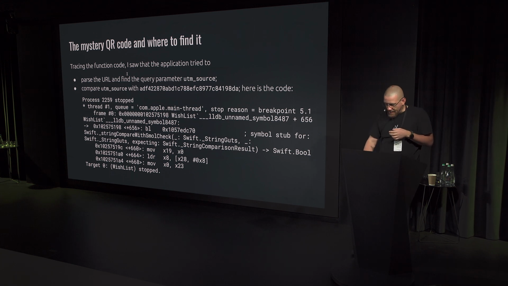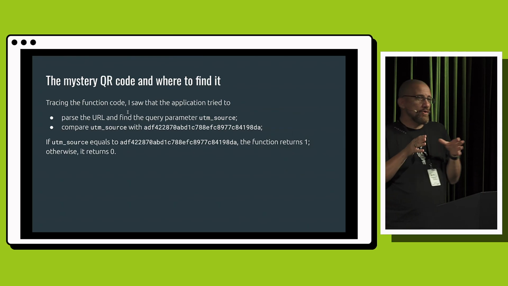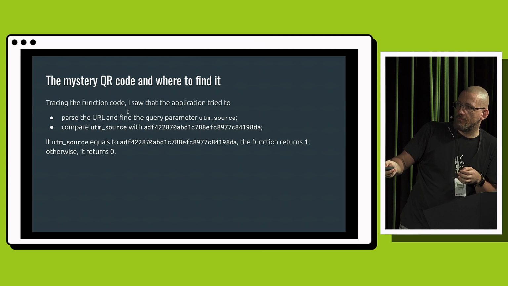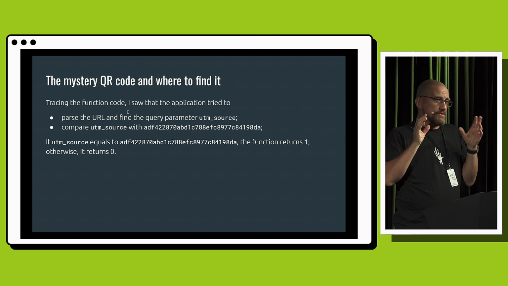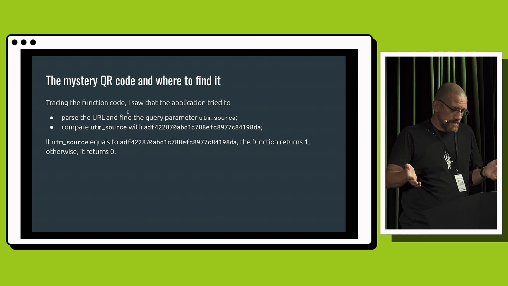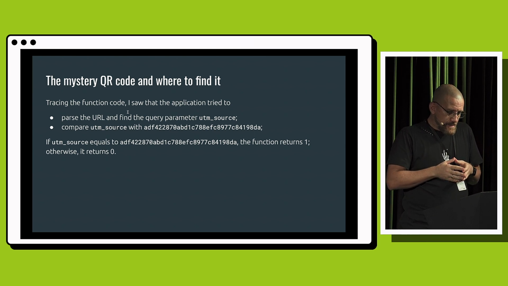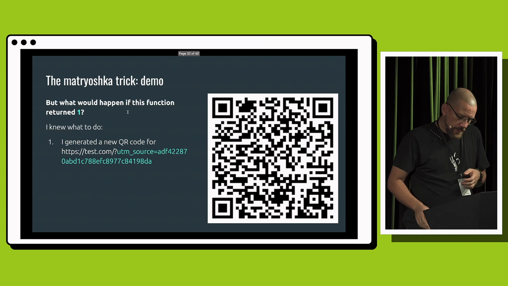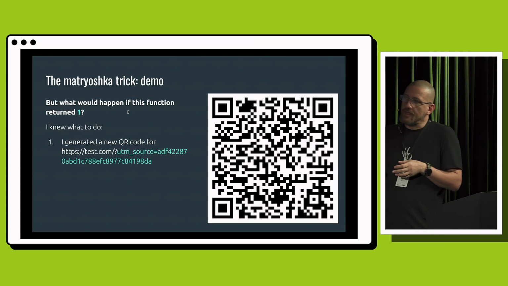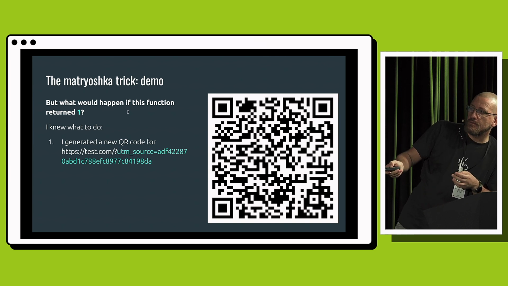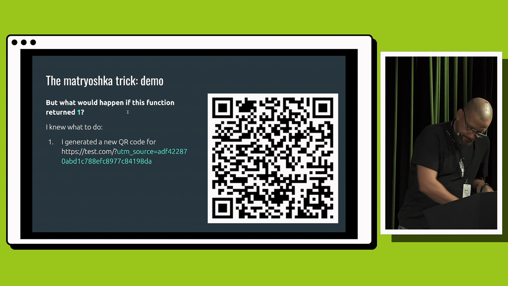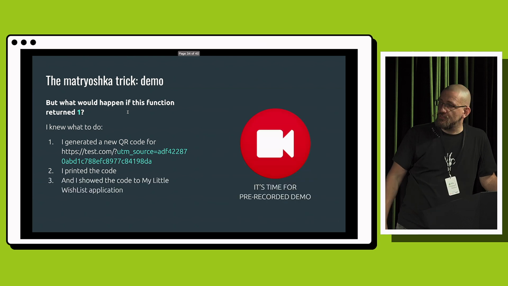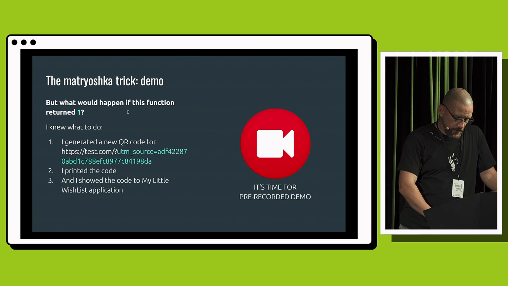And here is the code. And if there is no URL parameter, or the value is not equal to, again, this, the method returns 0, and nothing happens. Okay, but what if we add this parameter? Here is the, yeah, return 0, nothing happened. What if we generate a new QR code and add that parameter? What will happen? Okay, we generated it, I printed it, and I tried to feed the QR code to the